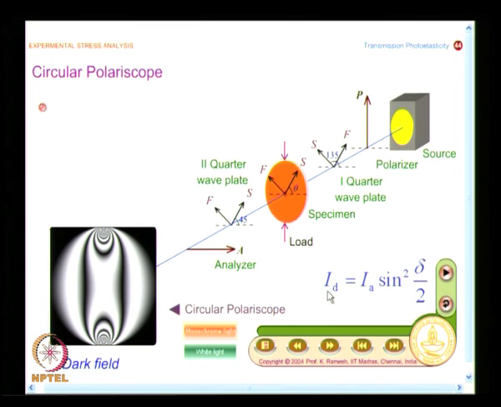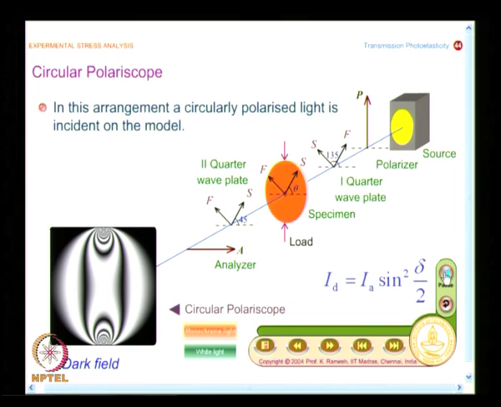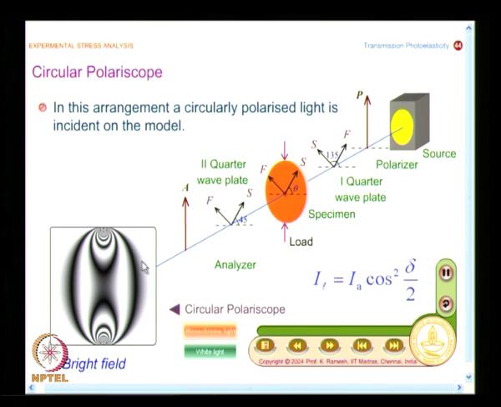And here I have the light intensity transmitted as I = a sin squared delta by 2. And when I keep it vertical, what do I have? I have this as a bright field, and this equation also has changed. Now, you know the intensity of light transmitted. So, what I would suggest is, do the analysis of light that passes through the circular polariscope